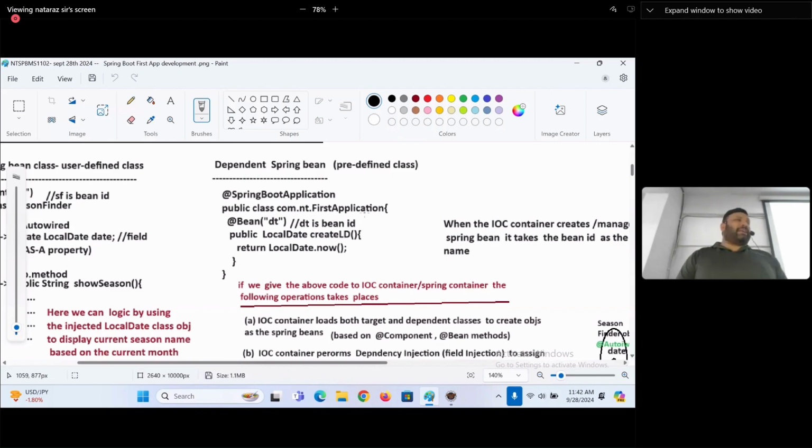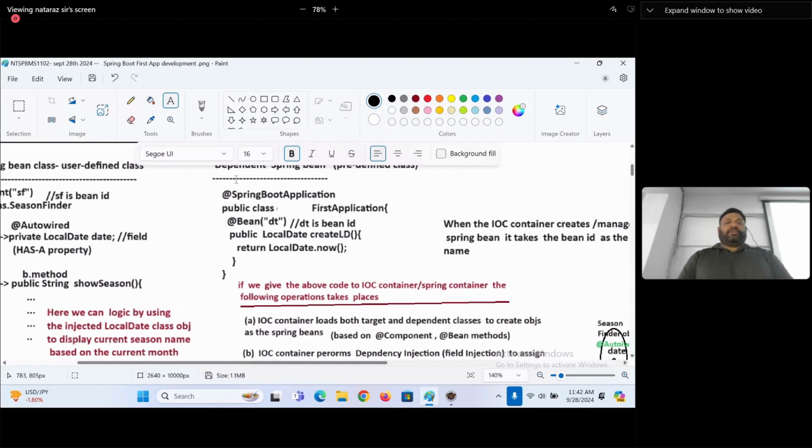Let us assume some package is there, otherwise generally we don't write like this. At the top, we will write package com.nt;